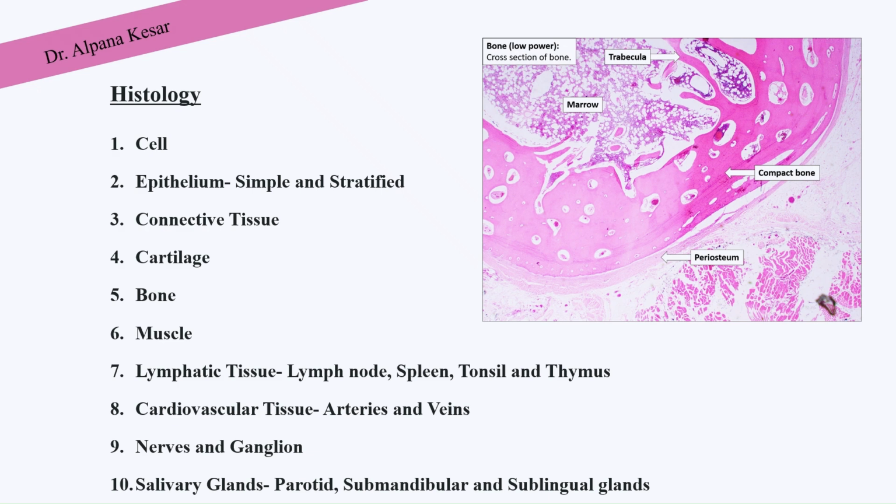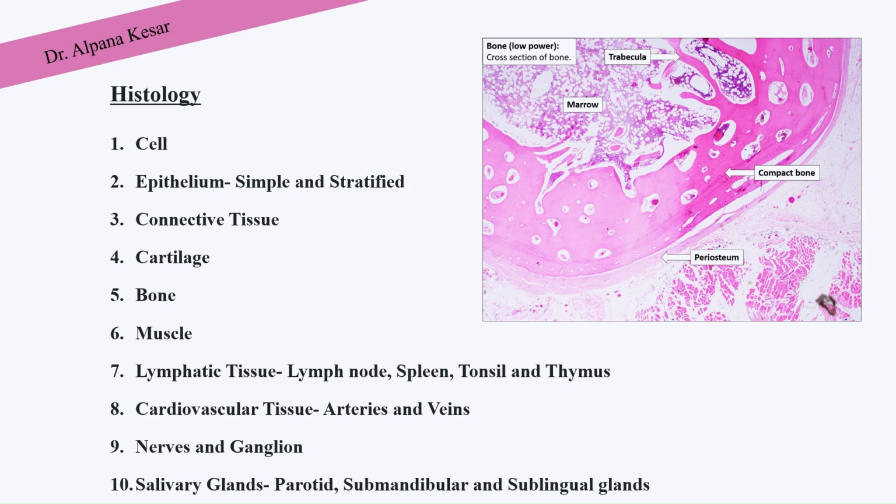The topics that are to be done by the students in histology are cell, epithelium, both simple and stratified, connective tissue, cartilage, bone, muscle, lymphatic tissue, in which students must learn and understand the slides of lymph node, spleen, tonsil, and thymus, cardiovascular tissue, that is both arteries and veins, nerves and ganglion, and salivary glands, in which students must understand and learn the slides of parotid, submandibular, and sublingual salivary glands, which is also a frequently asked question in